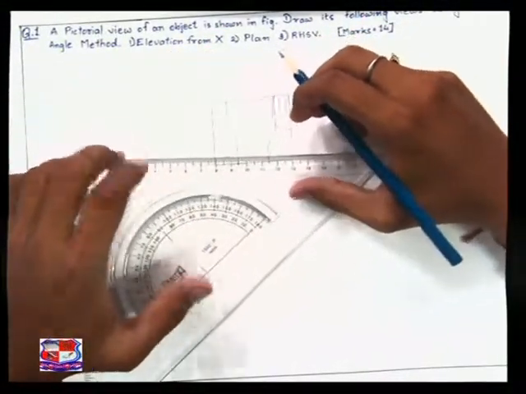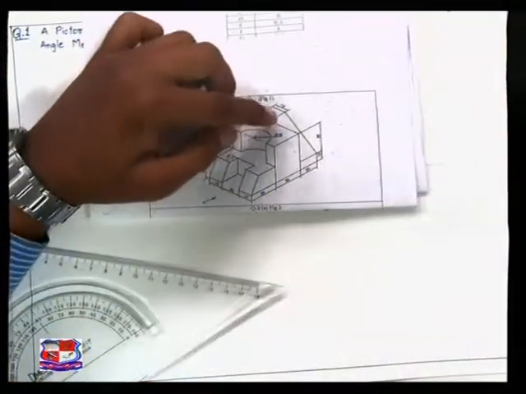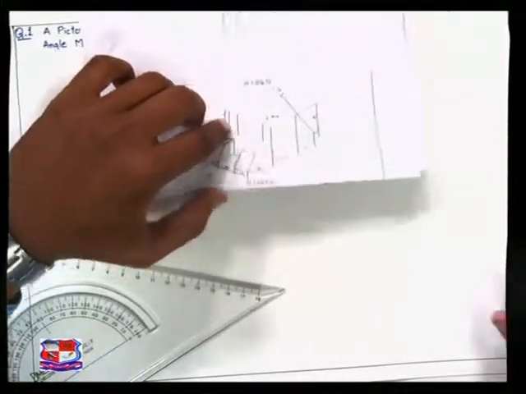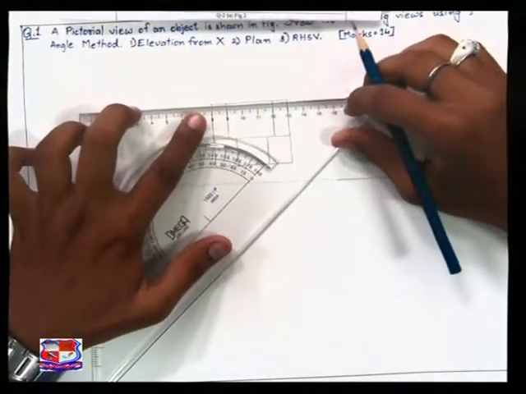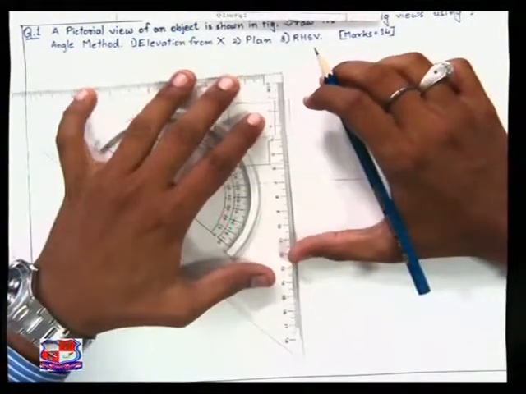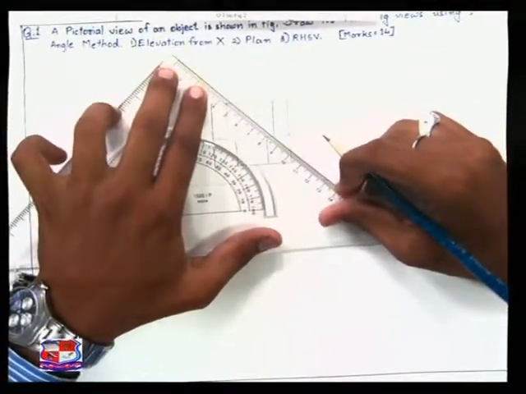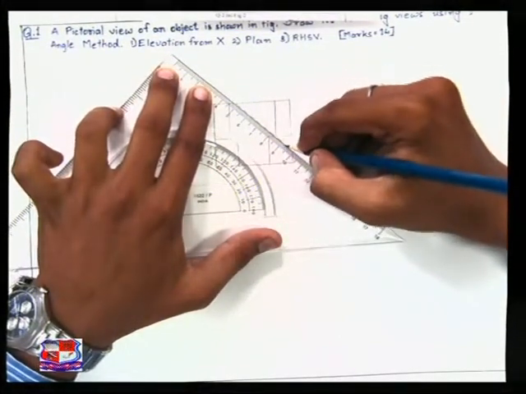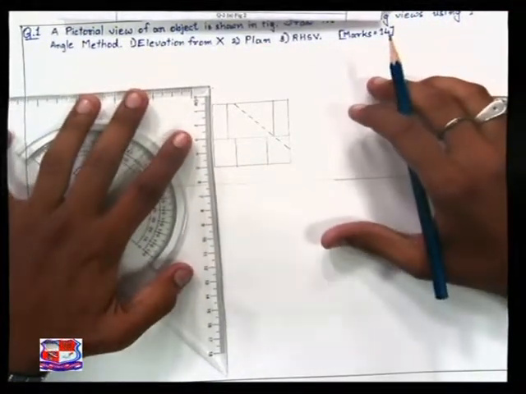Now this is about the elevation. As you can see in this picture, this wedge is given which we cannot see from the elevation, so it would come as a hidden line. So we need to mark a point 15 mm away over here and 10 mm away over here. Just join the line with a dashed line. That's it. We have drawn the elevation.